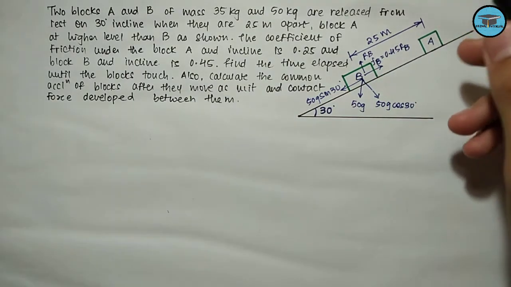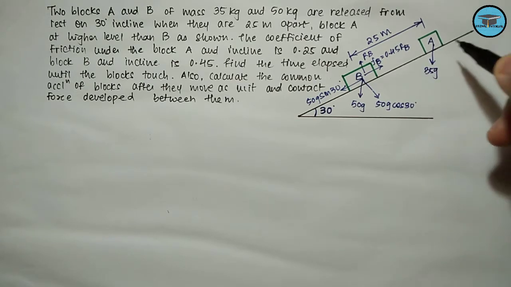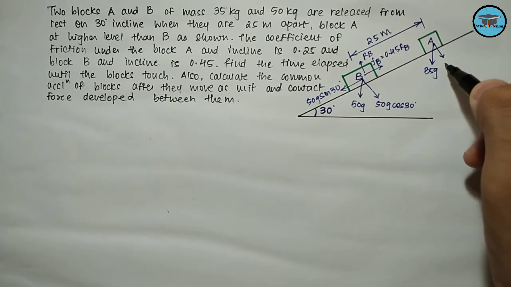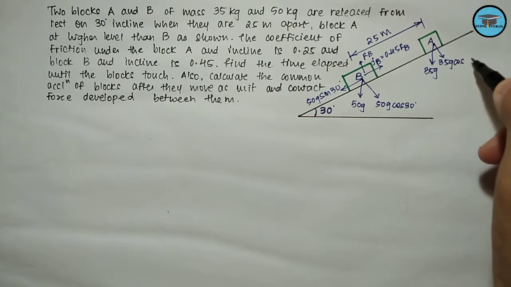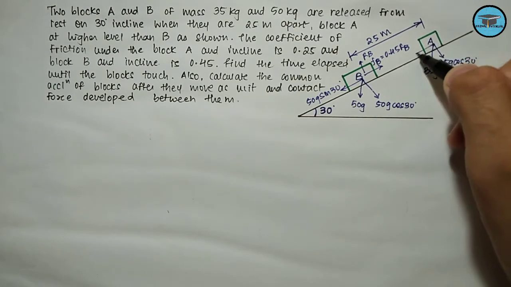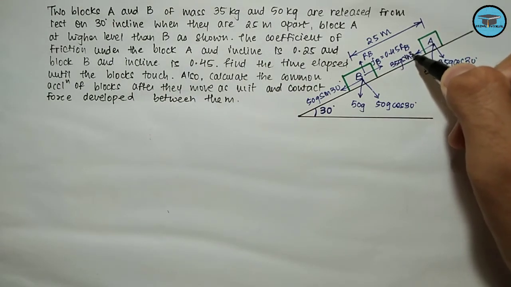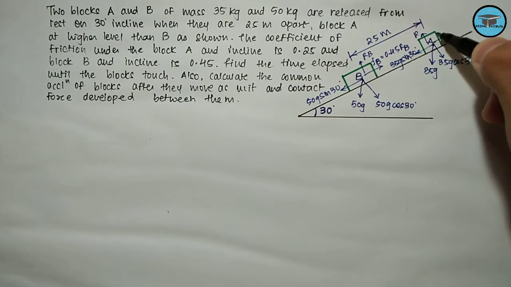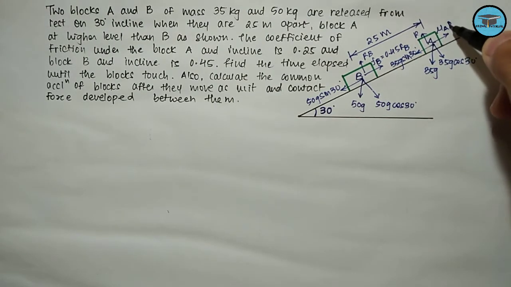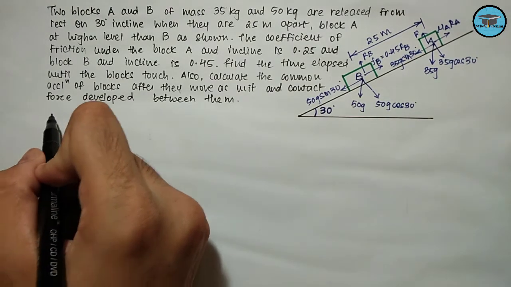Similarly, for block A, this would be the weight, that is 35g, acting in the downward direction. This component would be 35g cos 30. This would be 35g sin 30. This will be the reaction R, and this will be the frictional force acting, having the magnitude mu A times RA. Okay, now for block B,